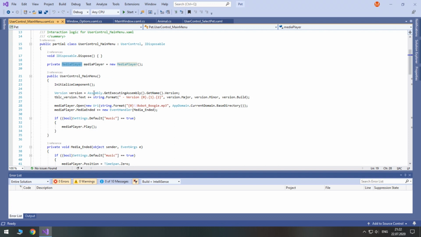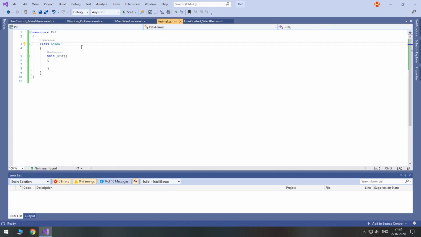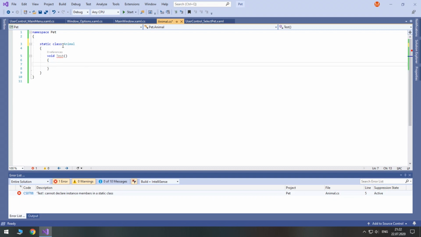At the same time, you can see here we access another class without creating an instance. This is the main difference between static and non-static classes. When the class is static, you don't need to create its instance.